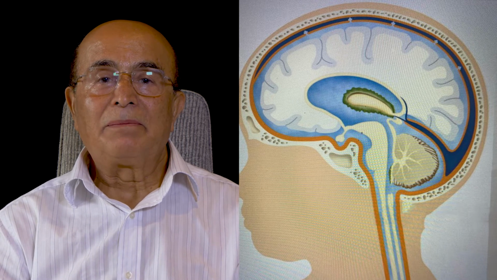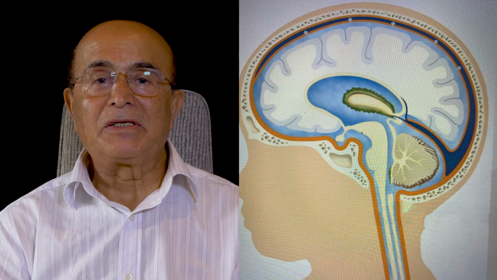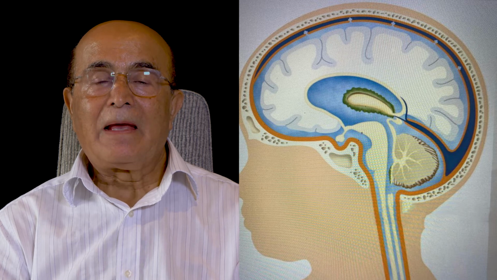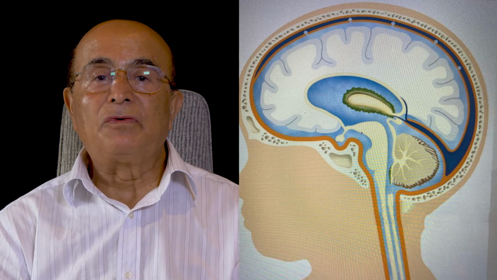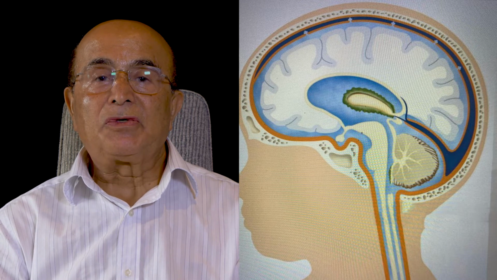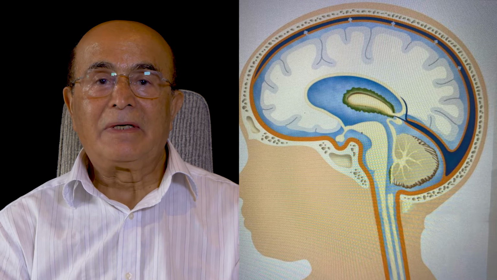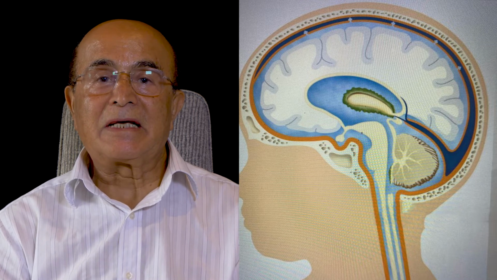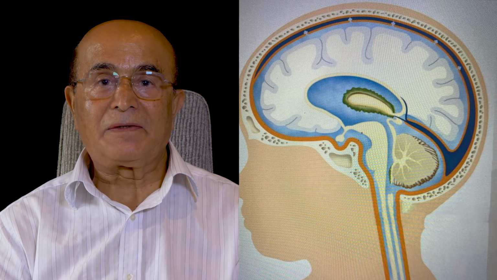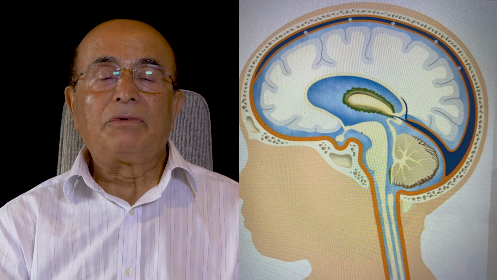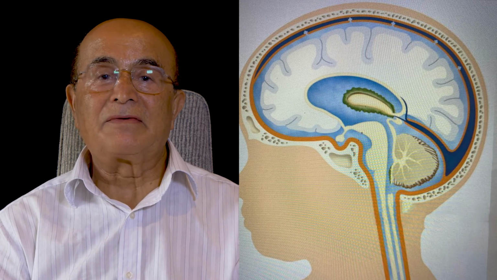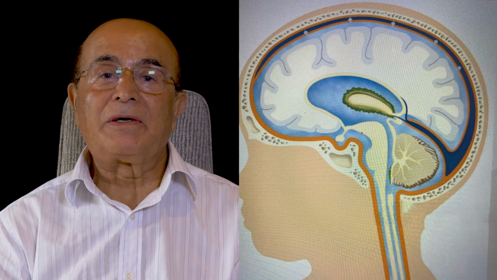So hydro means water, cephalus means in the head: water in the head. That is the cerebrospinal fluid, which we call CSF. Obstruction to the pathway of the CSF leads to an increase in the size of the head, and that's why it's called hydrocephalus. And we will talk a little bit about CSF, how it forms and how it circulates in the